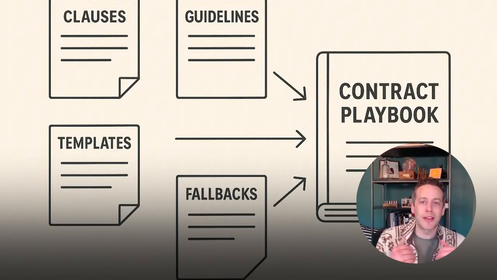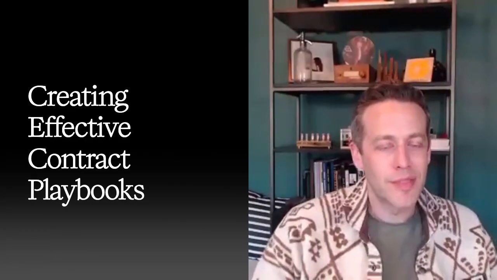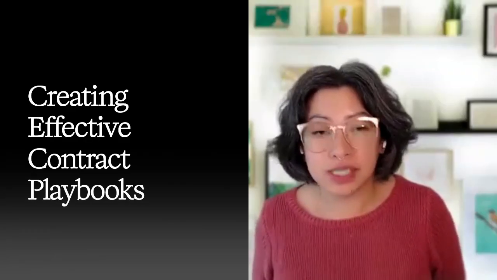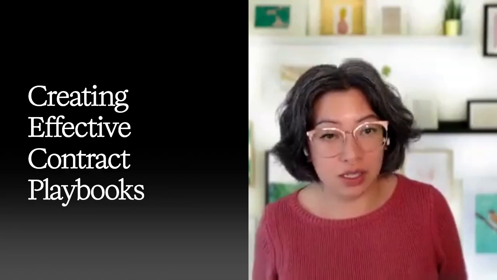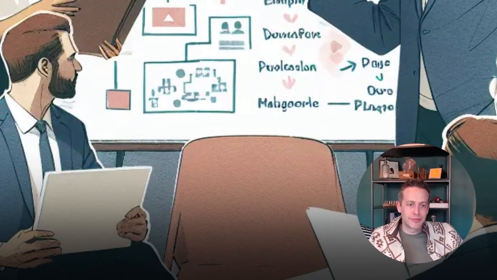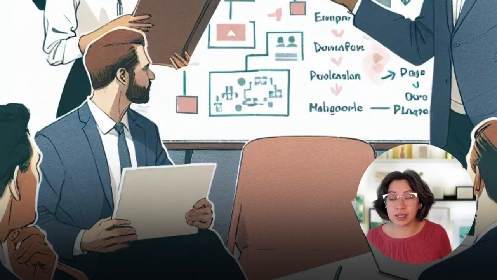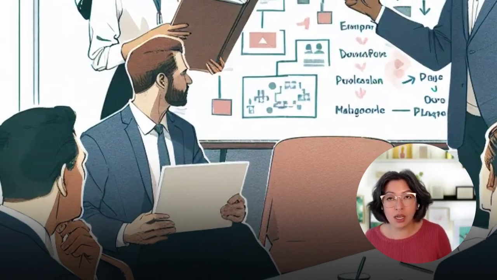So when you think about what are the different pieces, if you're making a playbook, either as an example or for a company where this is one of your tasks, what do you put in there? So if we're in the world of SaaS sales agreements, that's the context that I think we primarily think about when we talk about these things. A lot of it will depend on who the audience is and who's meant to implement it. So if we are talking about a world where it's a sales team implementing the playbook,